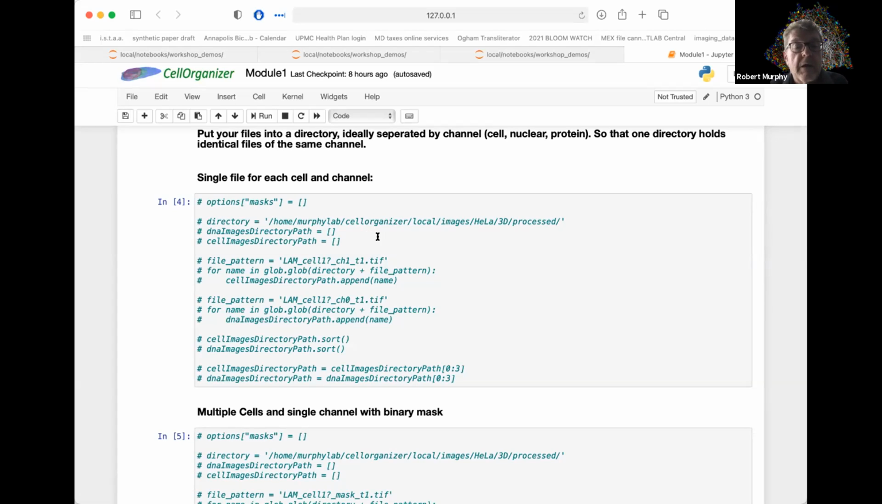So what this is doing, these are all commented out because we're not going to use this model right now. But if you were to use this approach where you have files with one fluorescence channel and one cell in each file, you would uncomment all of this stuff, specify where they are, and then initialize these two to empty, these two lists. And then this is saying in this directory, the files with each cell have this name,